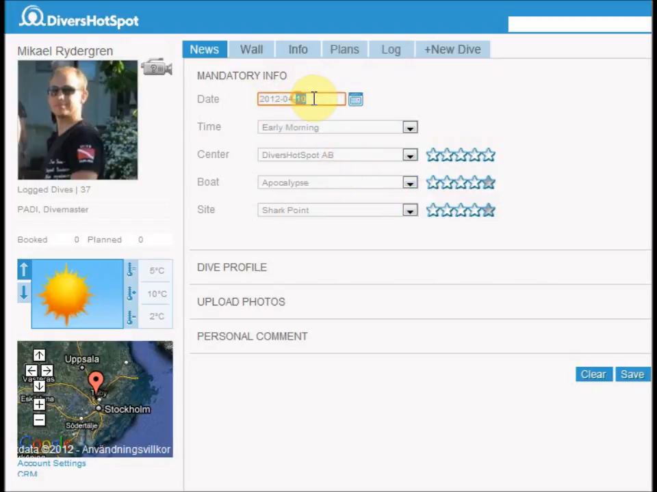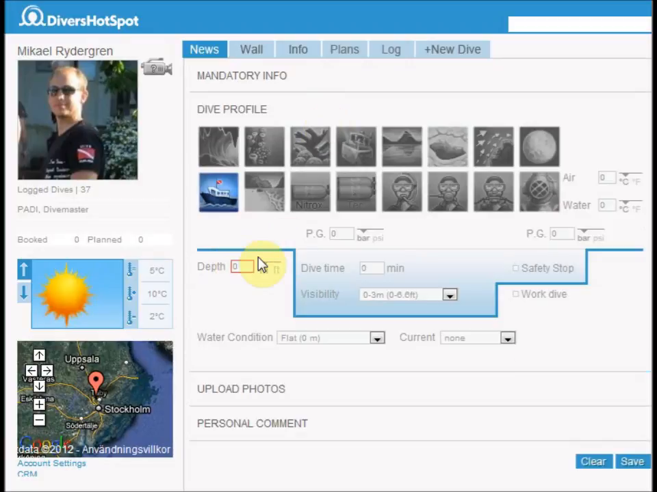The date is red here, and it's because it's in the future, so I can't log a dive that has been in the future. So for the sake of it now, I will just change it here to today. Next thing to do is click the dive profile, and there's just a few things that are mandatory here, which is the depth and the time. So just enter that, and an instructor or guide that works for you, that's all they have to do,